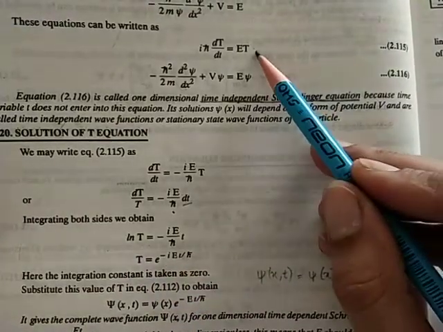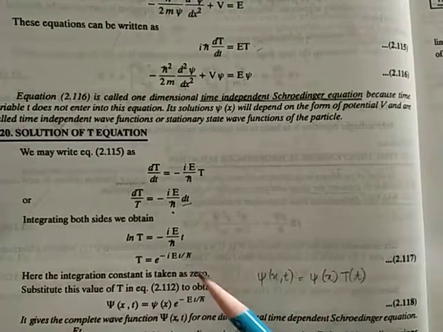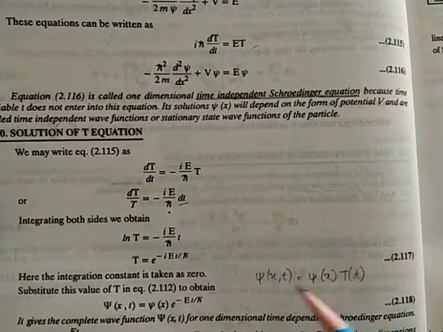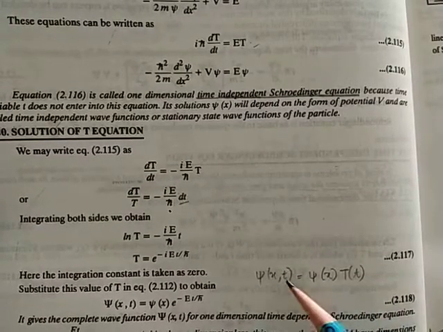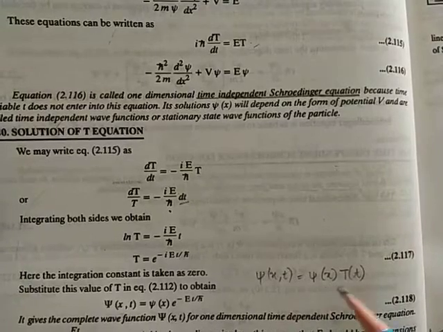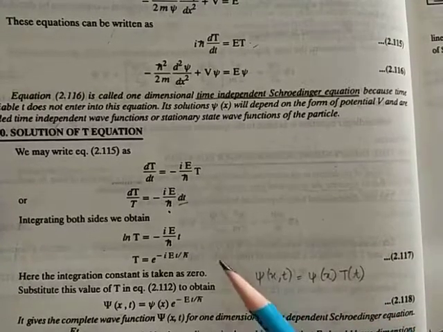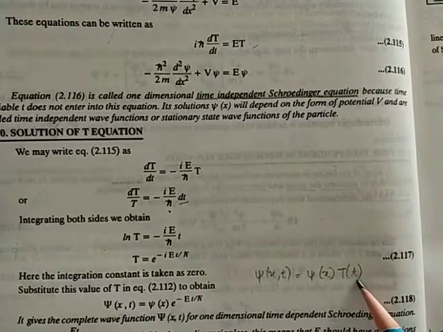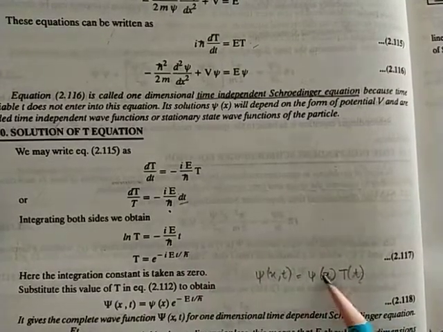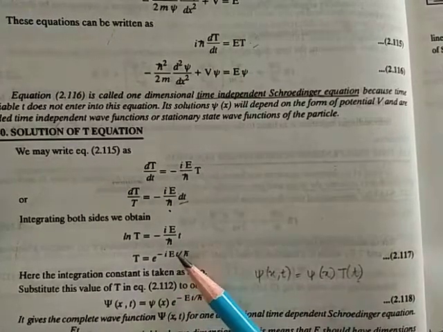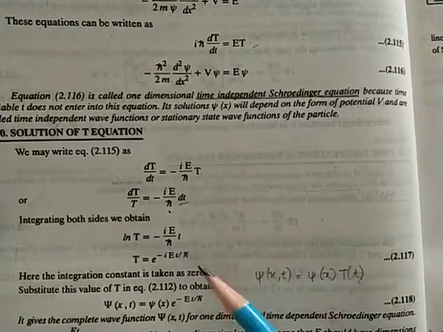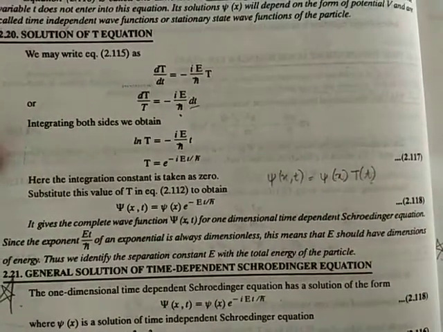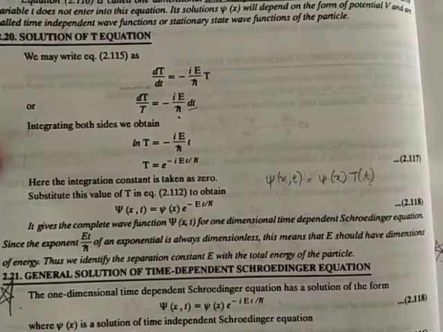Okay, so this equation. As you know, we have multiplied these both functions to get this. So we have taken this to be equal to the product of these two, psi x and t. Here we have found the value of t, so we are just filling this value in this equation to get this. So psi x e raised to the power minus iota Et by h cut. This we have written as the same. So this is the complete wave equation for the one dimensional time dependent Schrodinger equation.